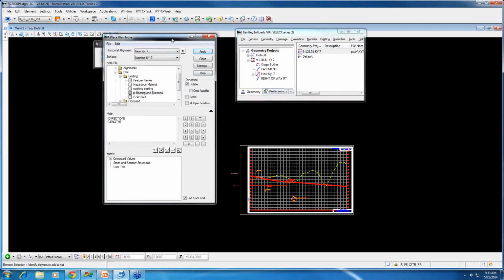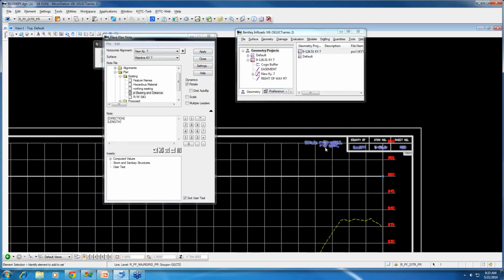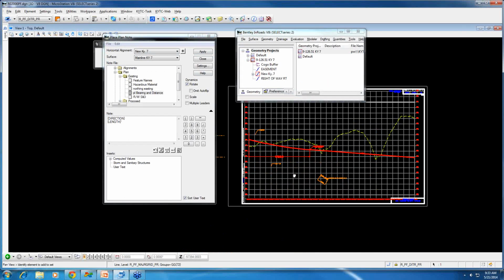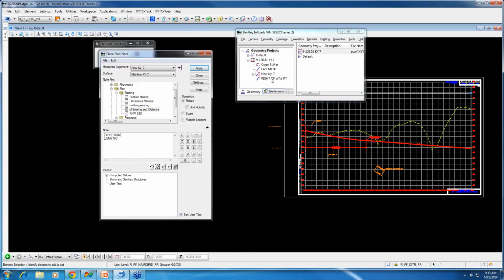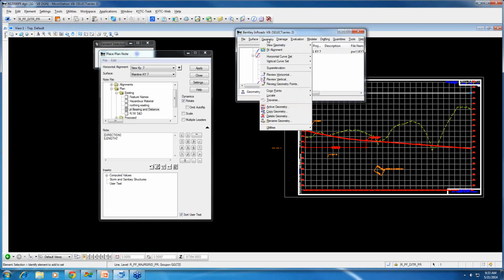And this would be the same way. You always have to check the scale. If it's not 50 scale, you're going to have to change it. What we've got set up here on this one is surface ditches. The way we've been doing some surface ditches here is we'll go in and make it a vertical alignment off our main line. And you may or may not do it that way, but